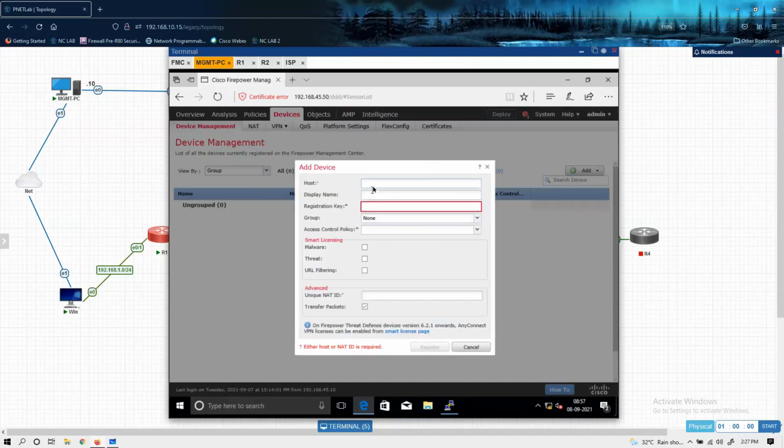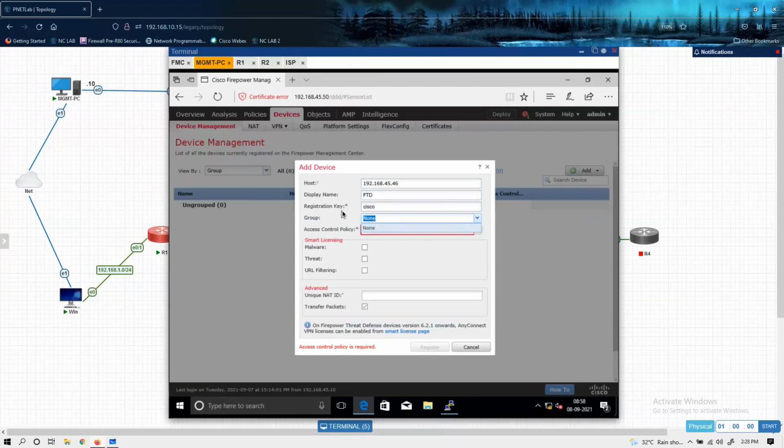Here you need to give IP address of FTD, and here you will give display name FTD. This is registration key Cisco. Here you need to call this group. Group is used when you want to group multiple devices together.